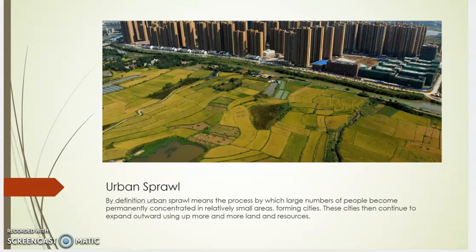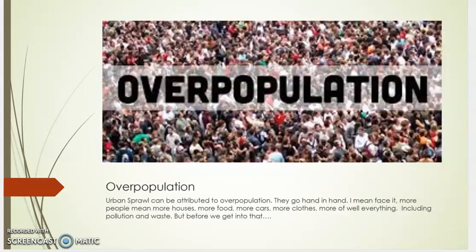By definition, urban sprawl means the process by which large numbers of people become permanently concentrated in relatively small areas, forming cities. These cities then continue to expand outward, using up more and more land and resources. Urban sprawl can be attributed to overpopulation. They go hand in hand. I mean, face it, more people mean more houses, more food, more cars, more clothes, more of, well, everything, including